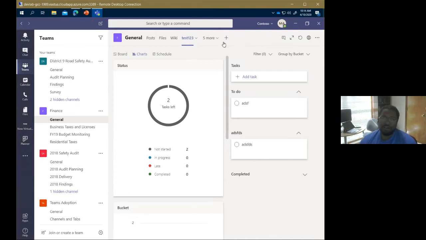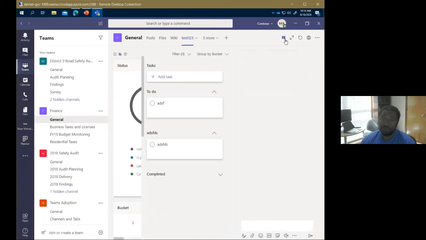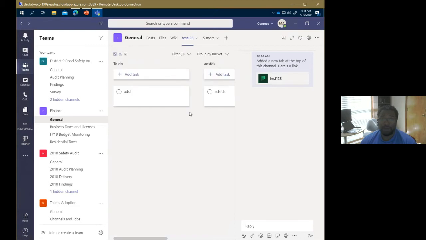The other thing I like to talk about with tabs is this ability to talk about the tab, right? So for every tab, there's the chat button here. And so in this case, for instance, let's take it back out to here. This is obviously the test 1, 2, 3 plan, but it could be the Windows 10 rollout plan.